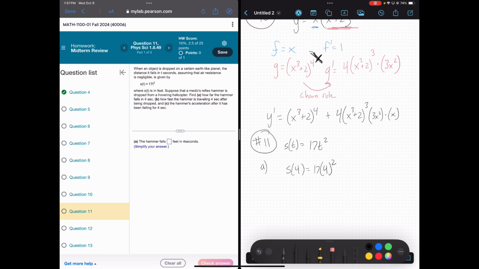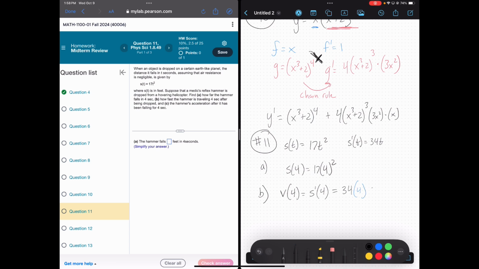Okay. Part B. How fast is the hammer traveling 4 seconds after being dropped? Well, what is that asking you about? Velocity. Not acceleration, velocity. How fast is it traveling? That's velocity. So that's just asking me, what's the velocity after 4 seconds? Remember, velocity is just the derivative of the position function. What's the derivative of the position function? 34t. All right, you know what I should do? I should write that up here. Derivative of the position is 34t. And so,